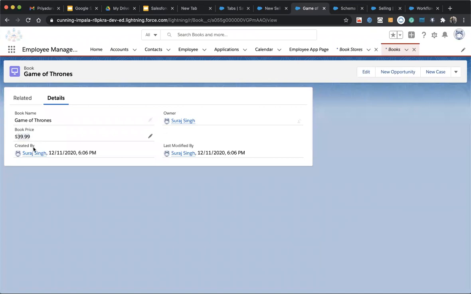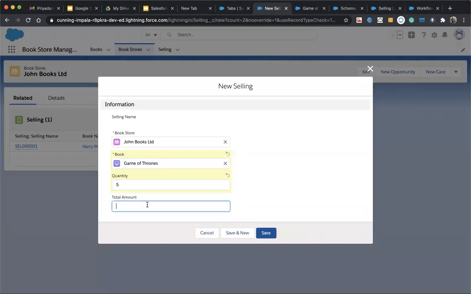He will copy it and open the calculator. What is 39.9 into 5 units? 199.95. So he will come here, enter 199.95 and then hit save.